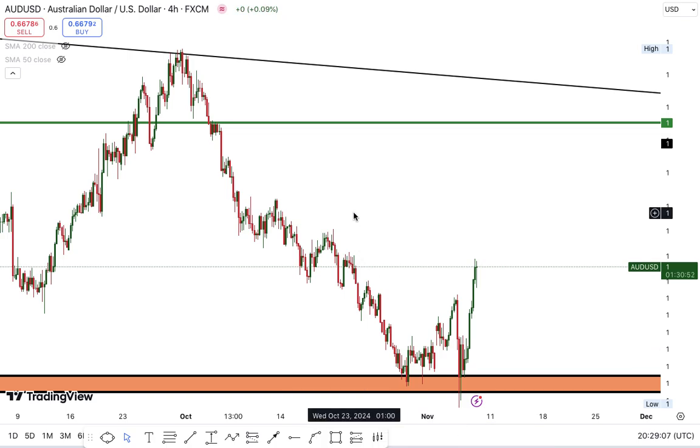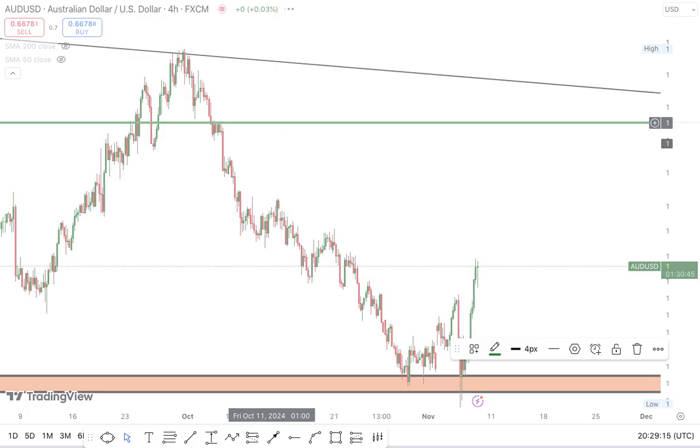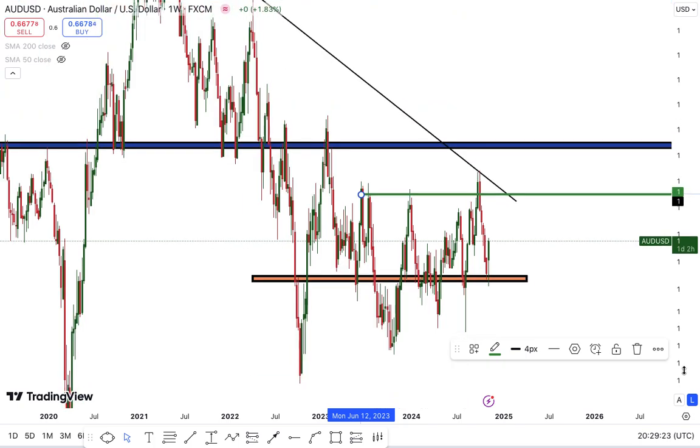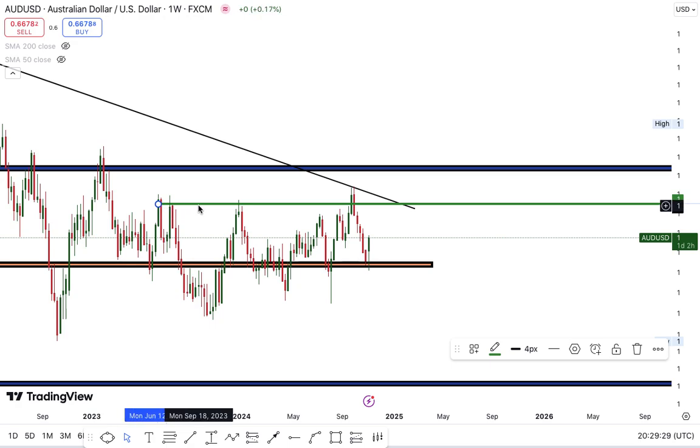So this is the whole point here. Now recall that we had this supply level somewhere around here. Let's go over to the weekly time frame, so I show you guys something real quick. You can see that from here we had this supply level. This was the supply level we were talking about earlier on, where I told you that the market had to come in here and then melted all the way back down. And then I told you that since this level had acted as a demand level in the past, it would most likely act as a demand level again, and that was exactly what happened here. Feel me?